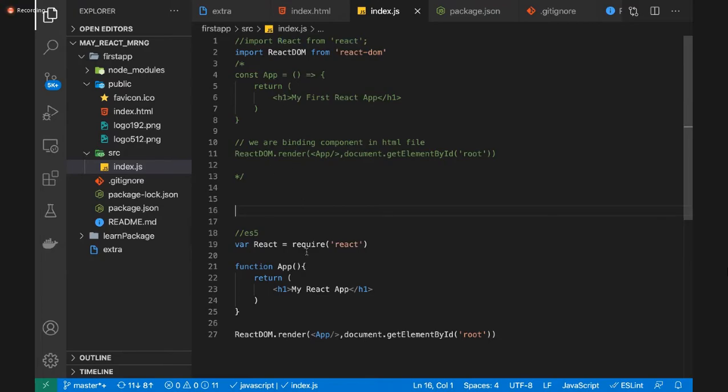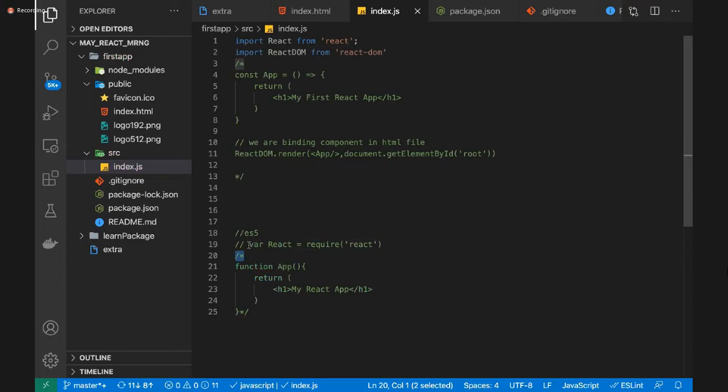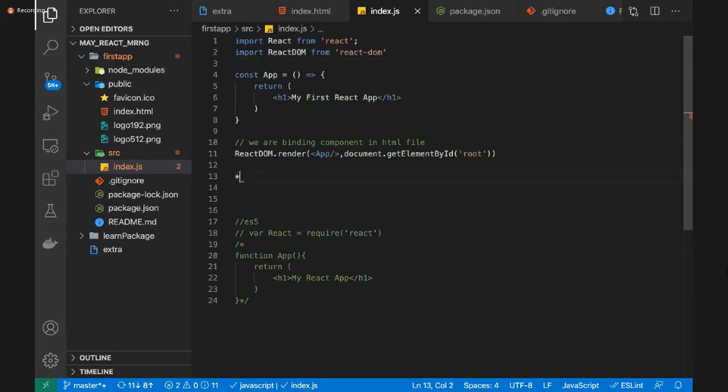So guys, whether you write in ES5 or write in the latest syntax, both are absolutely fine. It's a very common question in the interview. People say, oh, I'm writing in the old syntax, will it work? People start getting confused because they have never seen that thing. But ultimately it works. Some people ask, now I'm writing a JSX file, will that work? Yes, absolutely it will work. You write JS or JSX, but follow one standard. If writing JS, then write every file as JS. If writing JSX, write every file as JSX.